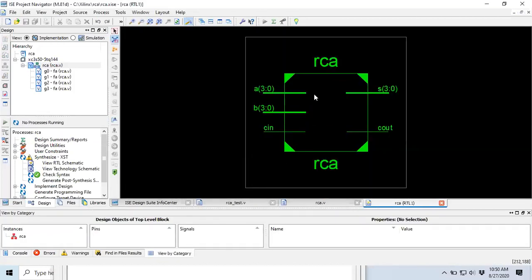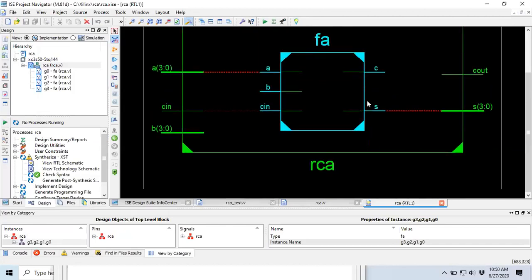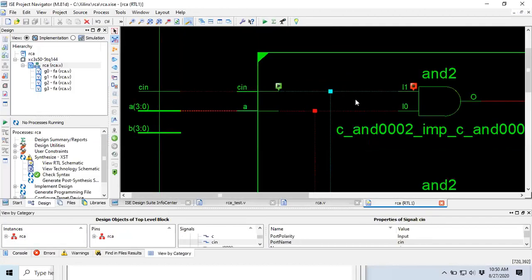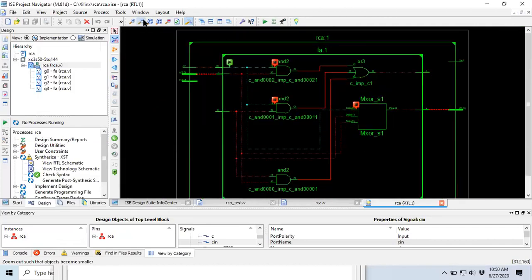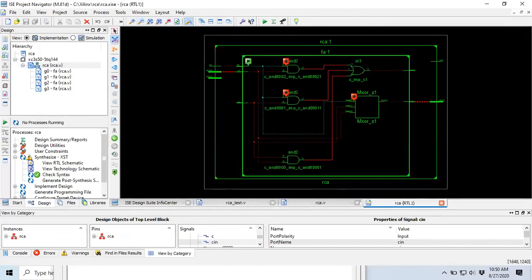So for the ripple carry adder, I'm getting the same figure. If I click on this, I'll get a ripple carry architecture, which is like this. The synthesized architecture. Now, what is synthesis? Synthesis is mapping software to the hardware domain. I've written the program in software, and I'm checking how it will look in the hardware. Most of the tools will not generate the same synthesized diagram.